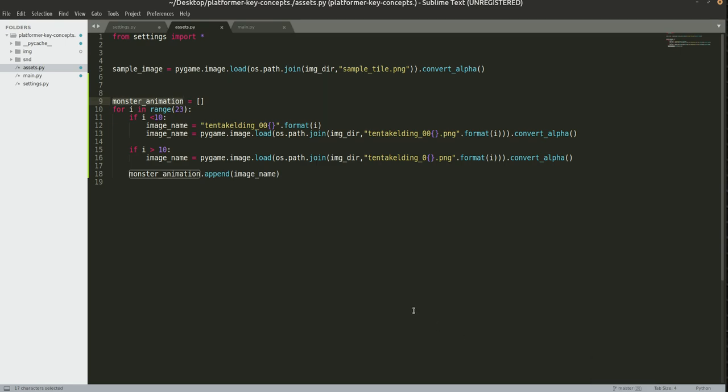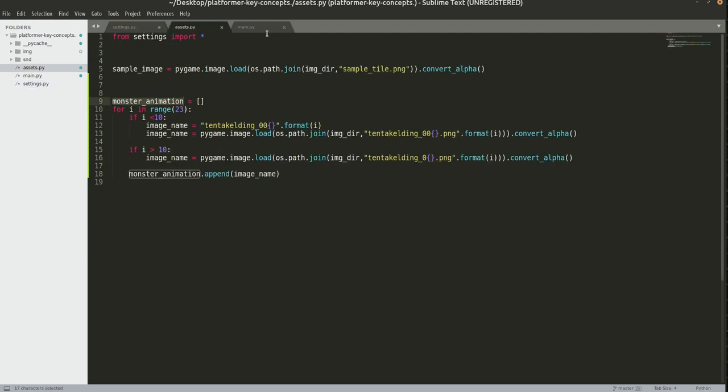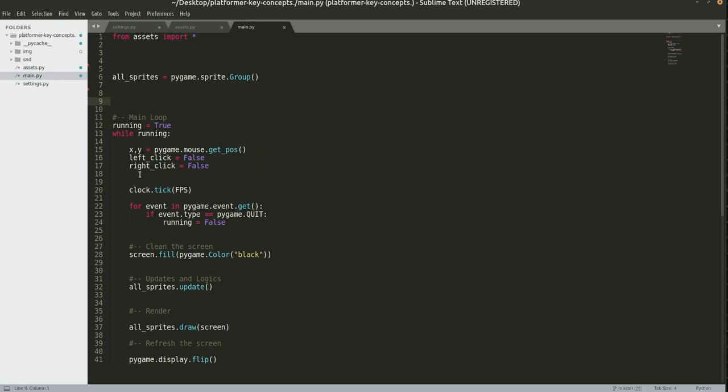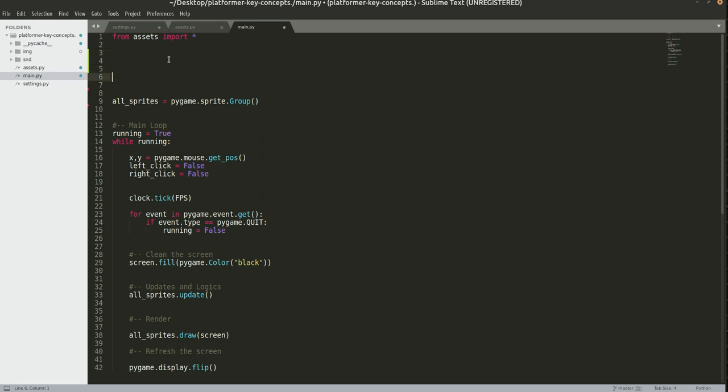and the second part is the animator class itself. So we are done with settings. We didn't do anything with settings. We're done with the assets. Now we go to main, and in main we also still have all the container classes here, all the sprites which we used for the same purpose that we used in the last tutorial. So we create our class here. So class Animator, again